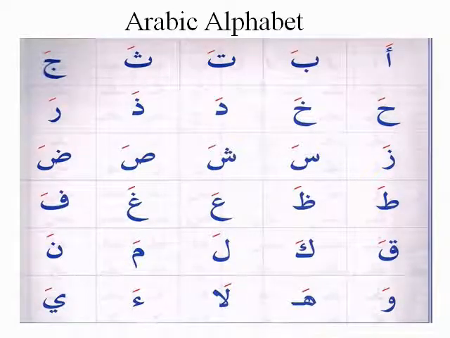The first letter is Aleph, and this is the name of the letter, which is in the first box at the top. When we pronounce it, we don't say Aleph, we say Ah. But Aleph is the name of the letter. I will read for you all the letters, the names of the letters, and after that we will go to the next step. The first letter is Aleph, then Ba, Ta, Tha,